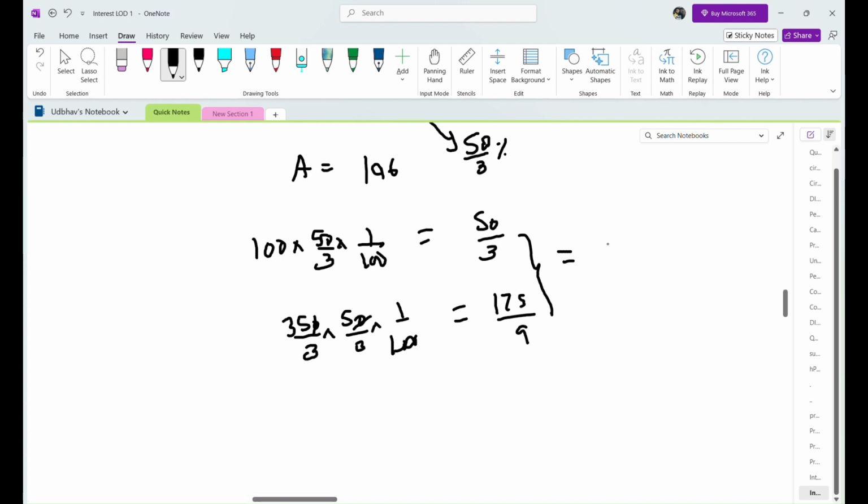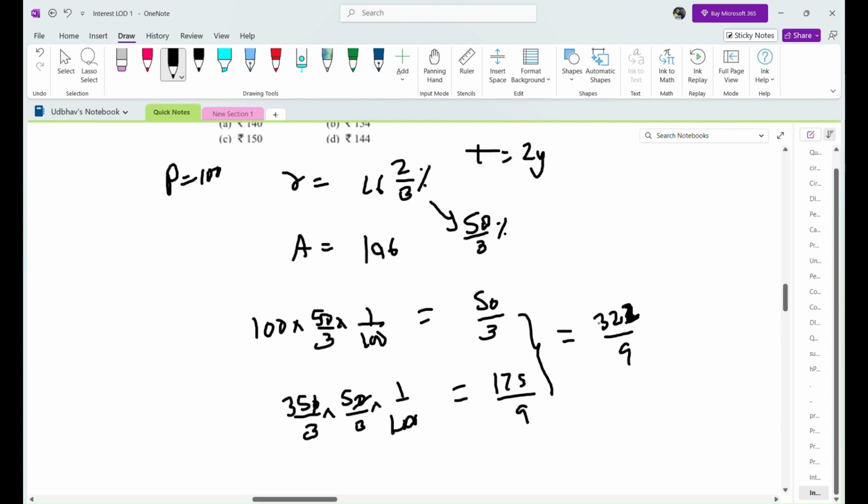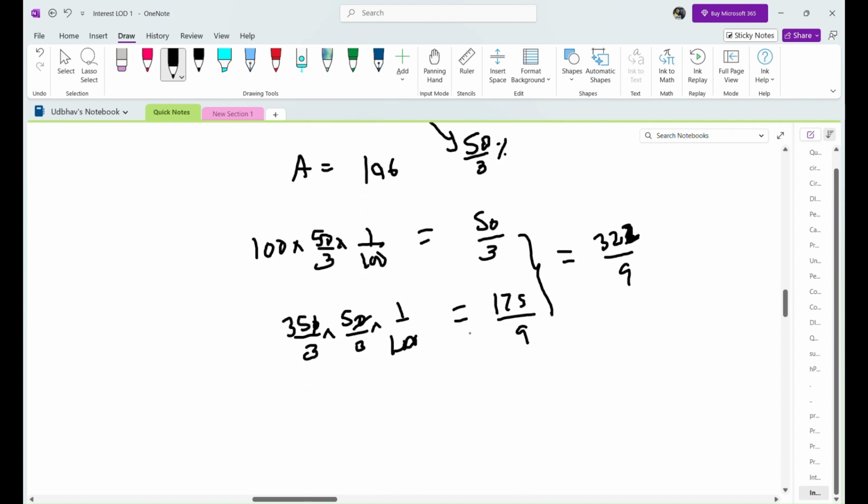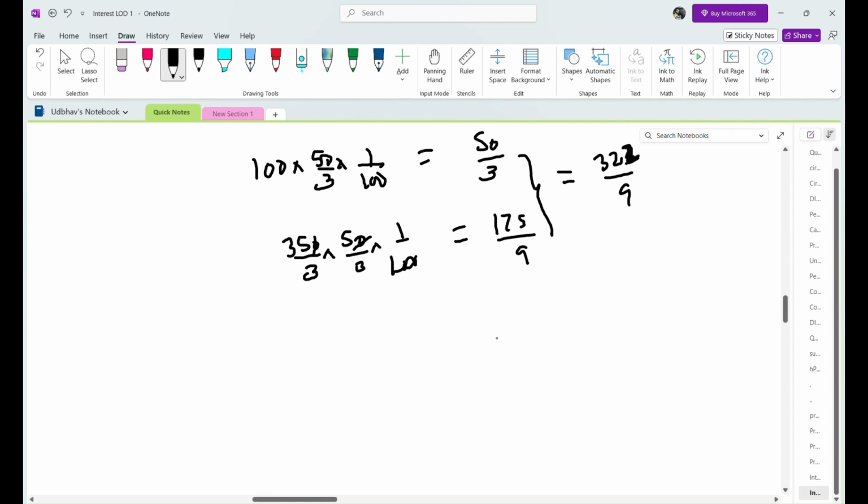150 plus 175, which gives us 322 upon 9. 322 upon 9. This is the interest. So this is the total interest, but what will be the total amount? Total amount will be 100 plus 322 upon 9, which will be 900 plus 322,